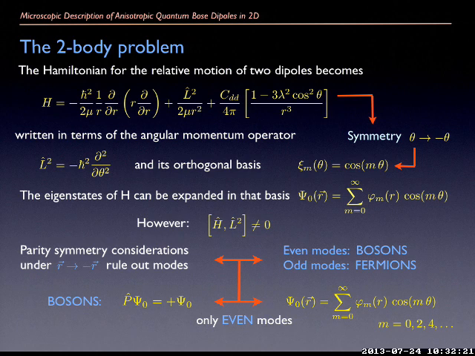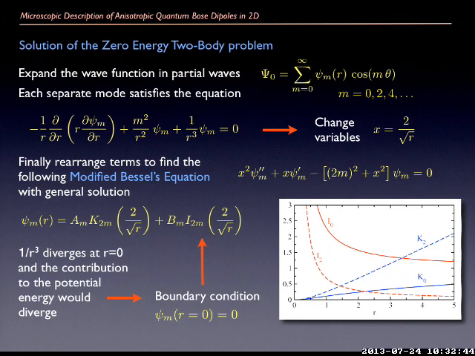What one does anyway is to use a basis of the angular momentum in 2D, which is cosine and sine, and due to the reflection symmetry along the polarization plane, you can discard the sine solution, and also to make it for bosons, you end up with a solution that only contains even modes. Okay, you fit that now